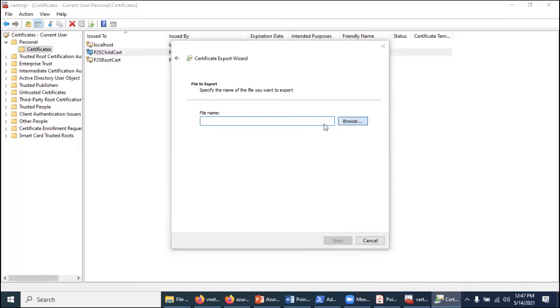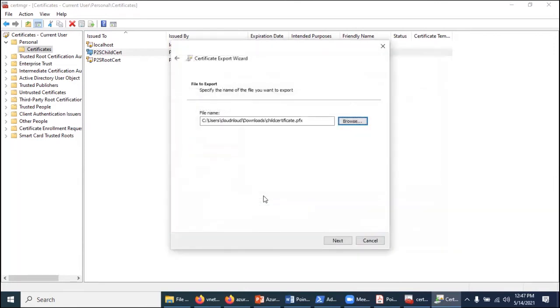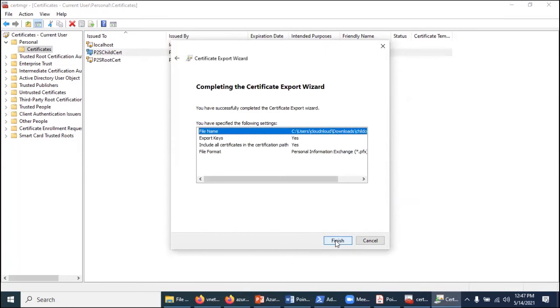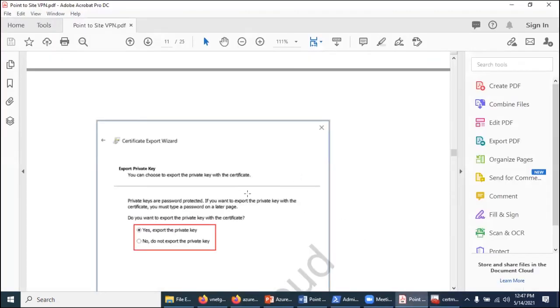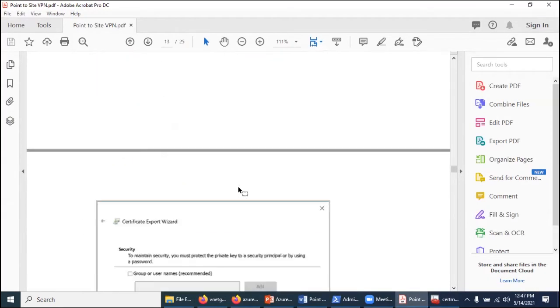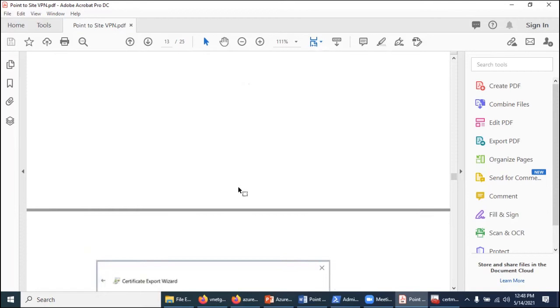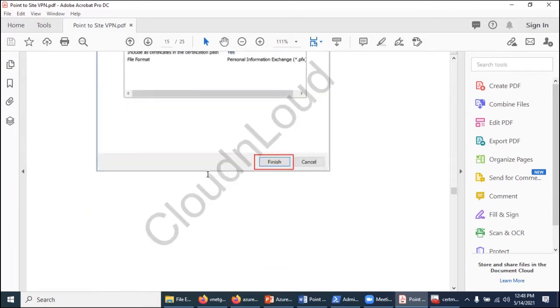File name is, we are selecting the child certificate. Say next, finish. So the root certificate and child certificate both got exported, right? Both got exported. Come down.